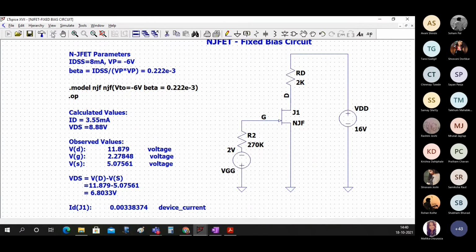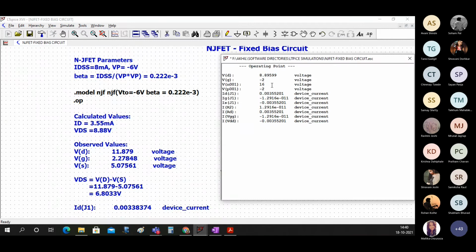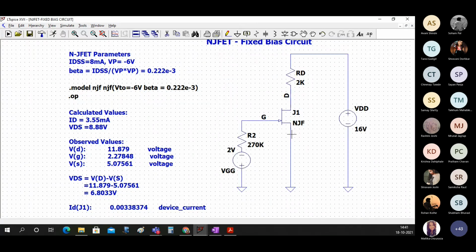Now if you simulate this, you will get certain values, VD, VG. I think I removed the source terminal also, so let me put it back. Source.